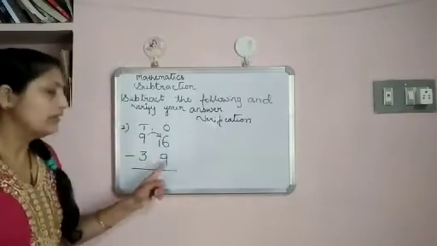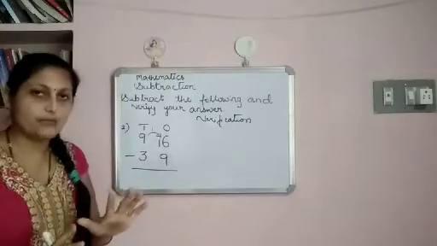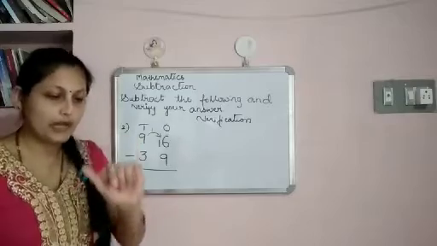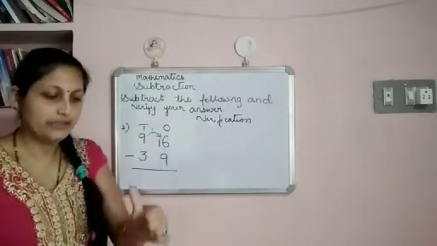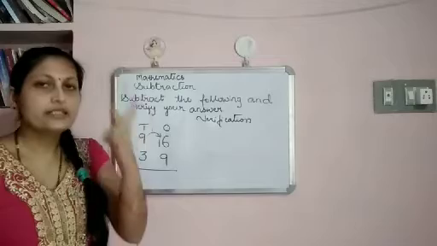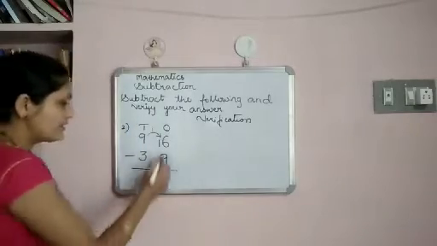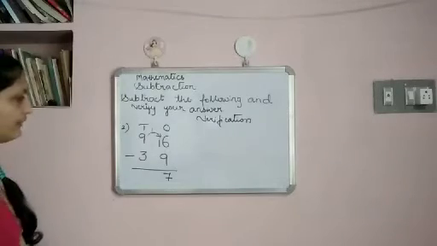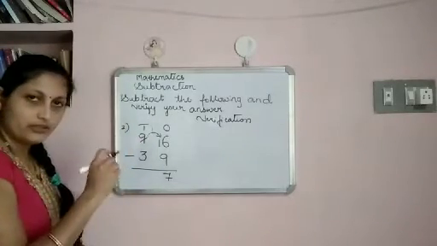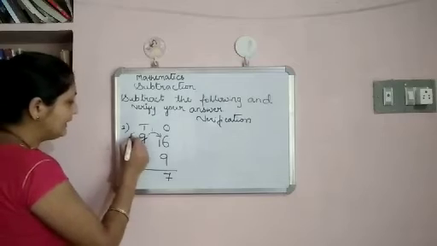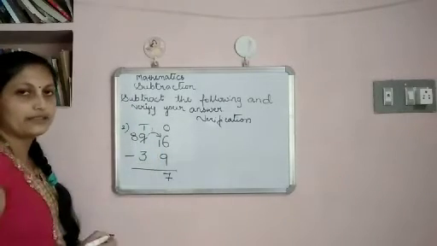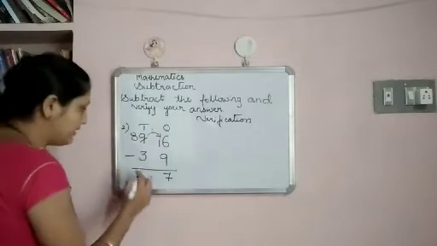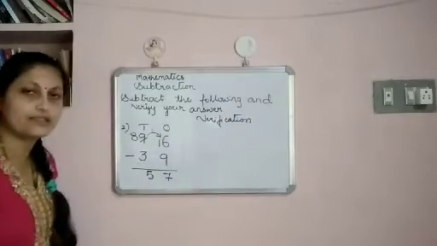16 in your mind, 9 in your hand. 16 before, 15, 14, 13, 12, 11, 10, 9, 8, 7. So 16 minus 9 is 7. Write it in the ones column. Now here there is 9. You have given 1, so 8 left. 8 minus 3 is what? 8 before, 7, 6, 5. So 8 minus 3 is 5. Write it in the tens column.